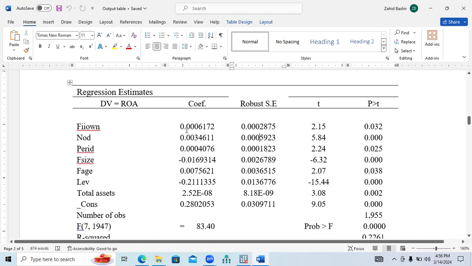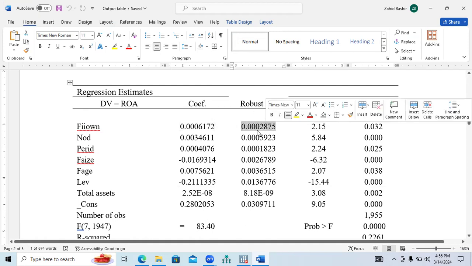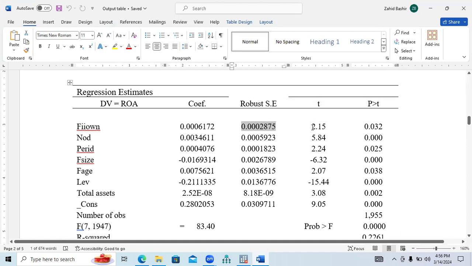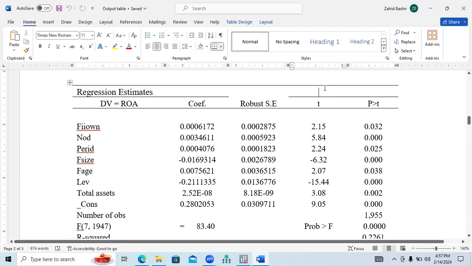I have told you that your t value is calculated on the basis of coefficient divided by standard error. So if we increase the value of standard error, what will happen to the t value? The t value will decrease. It means this value remains the same, but this value increases. So this value divided by this value will decrease the t value. So sometimes a variable may be significant, but due to multicollinearity, it becomes insignificant because the standard error